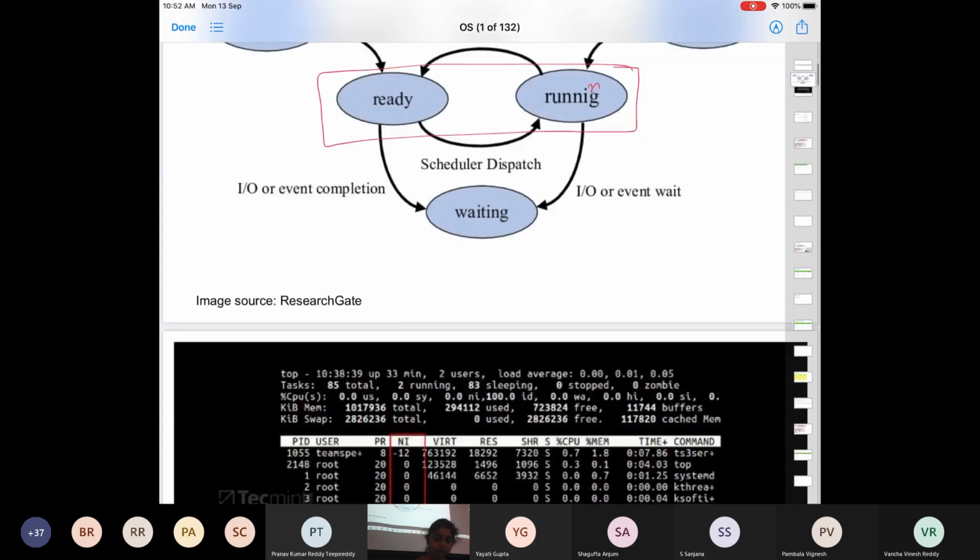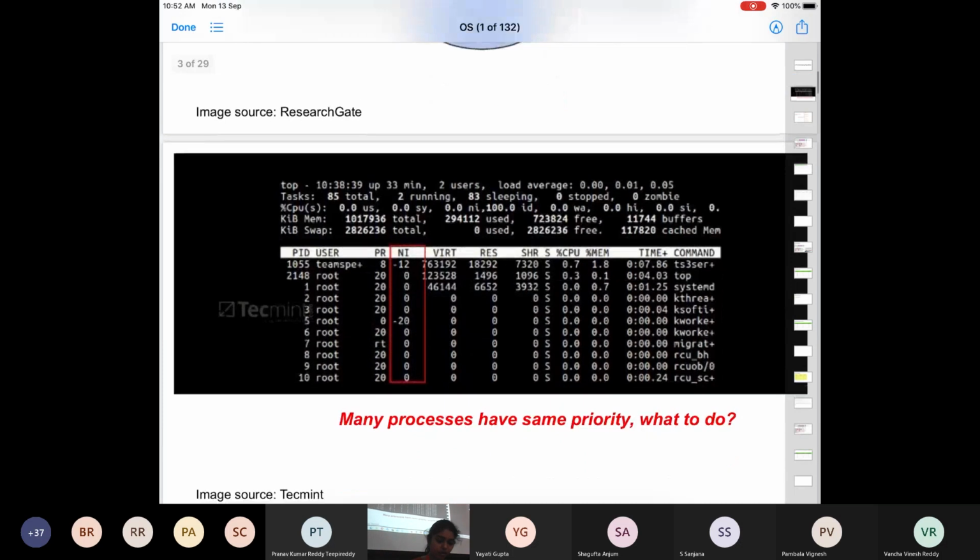So priority was one. Just look at this diagram, right? This is the result of the PS command on one Linux system. If you look here, there are so many processes having the same priority. Probably most of the user processes will have the same priority. So then how will you decide? There can be 20 processes having the same priority. Then which one will you choose? Okay, we can choose randomly. Any other idea?